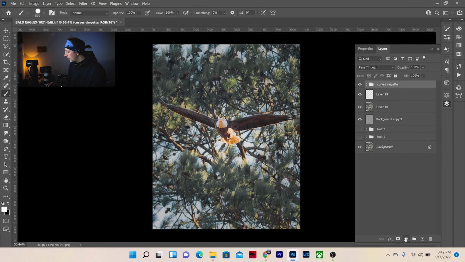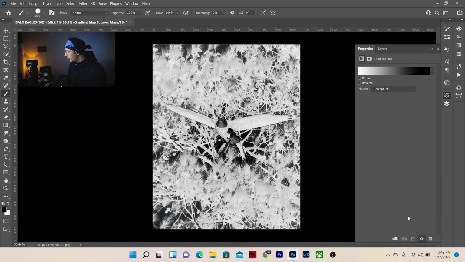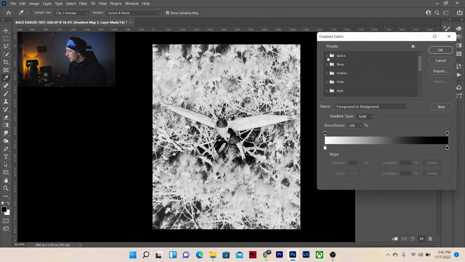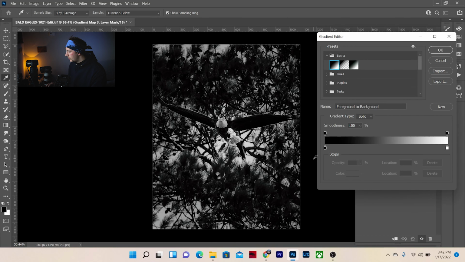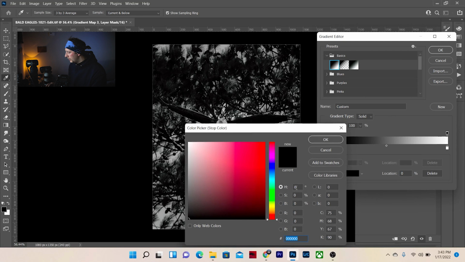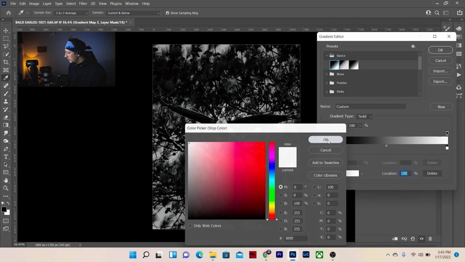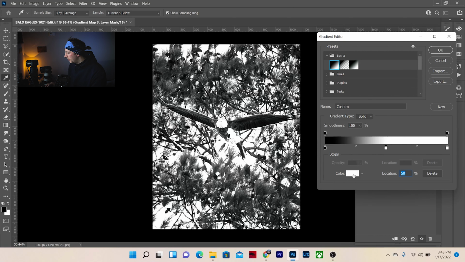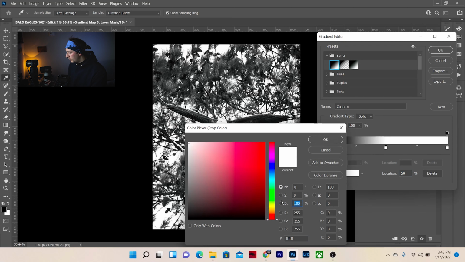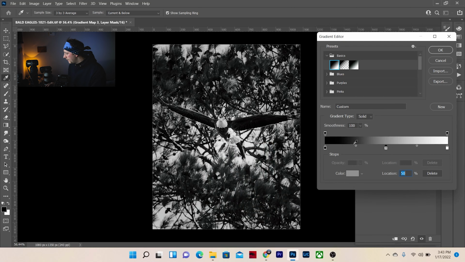So again, going to our adjustments here, gradient map. Now this is in reverse, so we're going to go to basics, click this first one, flipping those. And now starting with our blacks here, you're gonna double click the little box, go to color, click the color, and we're just making sure, okay, all those are 0, perfect. So true black, 100, true white. I'm gonna add one here in the center, changing this from 100 to 50,